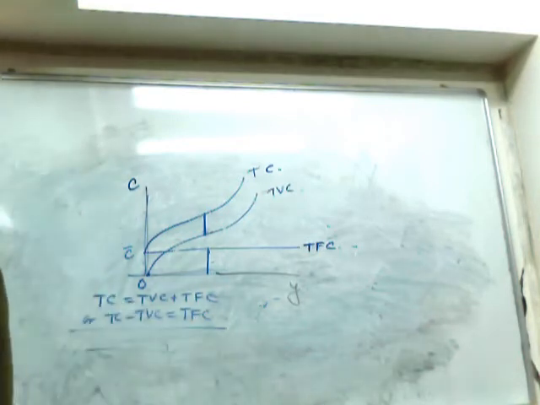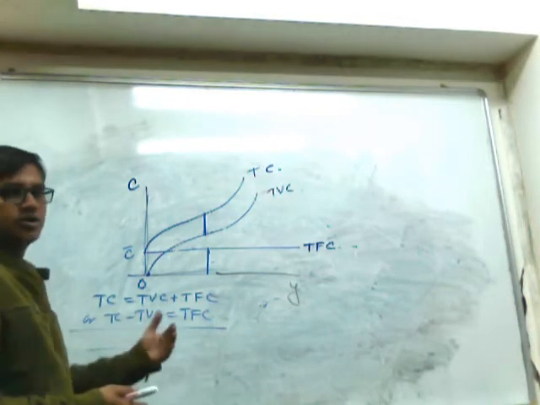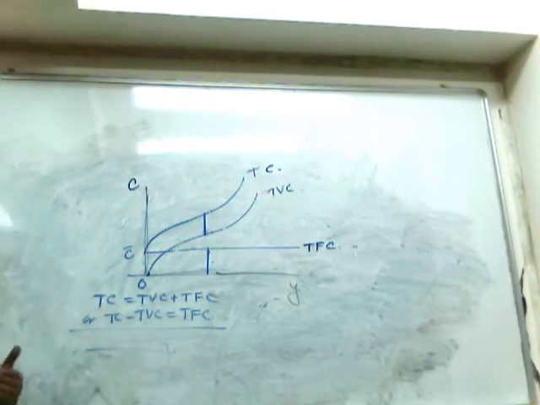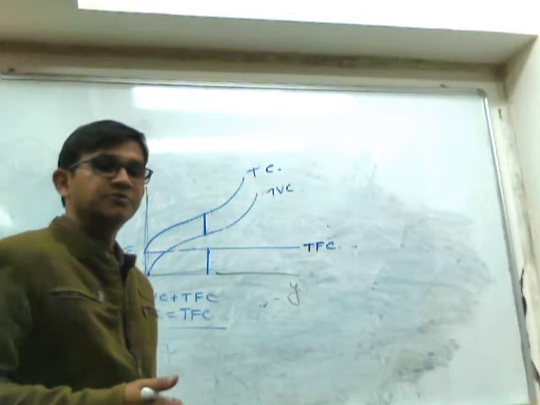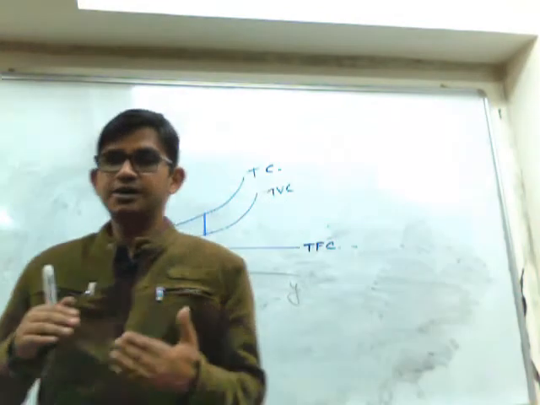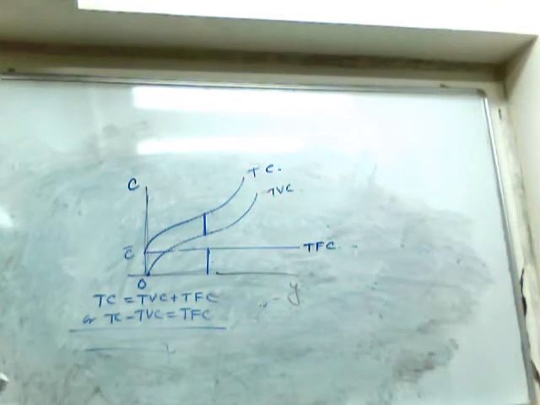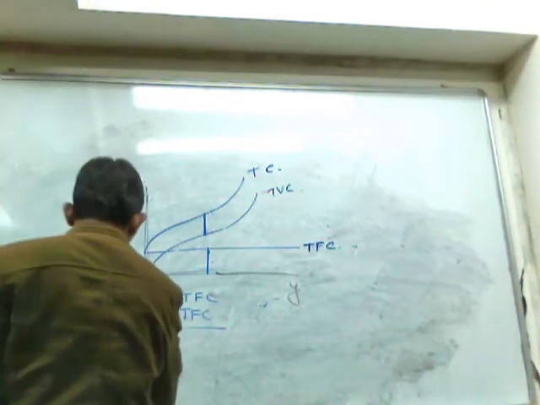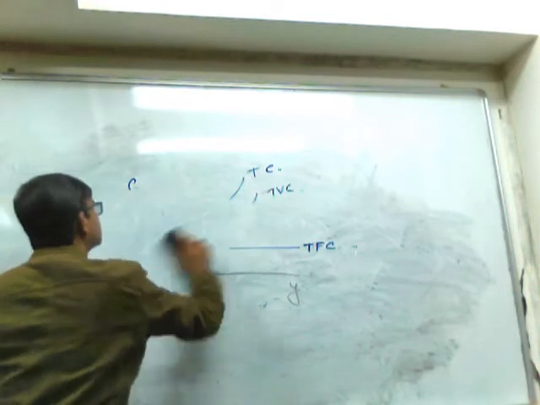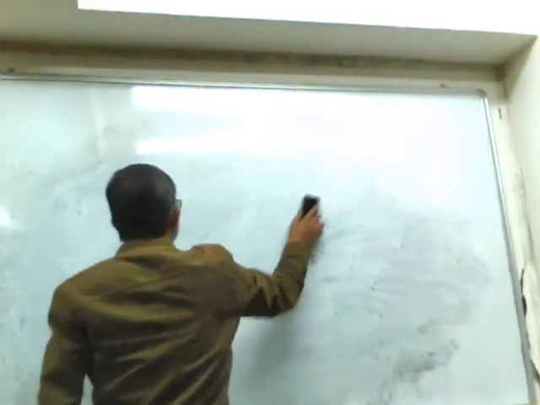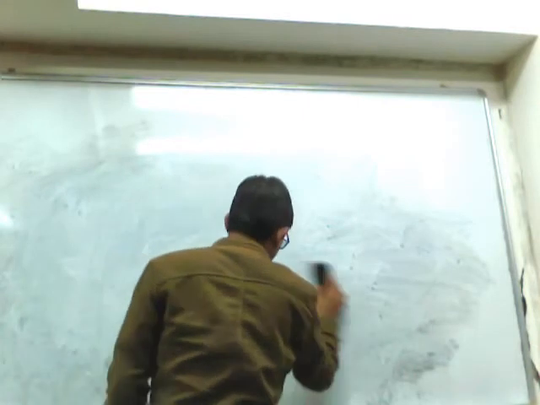Now the question is, from where do we find this type of variable cost curve? This variable cost curve is derived from the law of variable proportion. So for the sake of simplicity, first we will consider that labor is the only variable factor of production. If labor is the only variable factor of production, that means your labor cost will be considered as the only component of the variable cost.